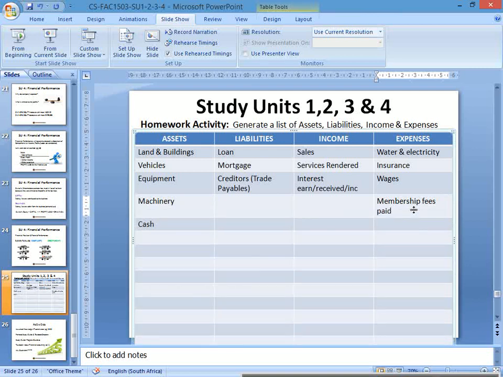Let's use that word, paid. Payable is bad because payable means there's an obligation. See how you can change something. So membership fees paid would be an expense. Let me write this one down. Membership fees payable means it's a liability. See, you change one word, you change what something is. It's possible, but it still is what it is. So this isn't anything other than an expense.